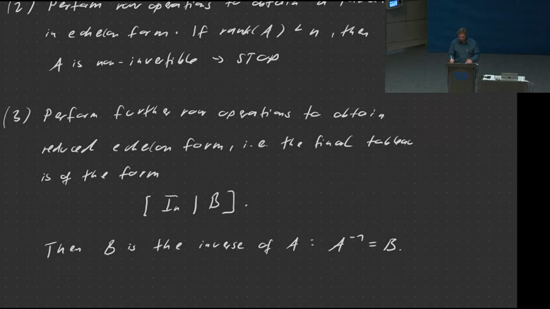Or you will, at some point, get a row that doesn't have a pivot. And in that case, you can stop because you know, well, the matrix doesn't have full rank, so there is no inverse. No need to carry on. And what happens, in other words, is you'll get a 0 row somewhere, and the right-hand side will not be 0 for some of those columns on the right-hand side, so it will turn out that it will not be solvable.